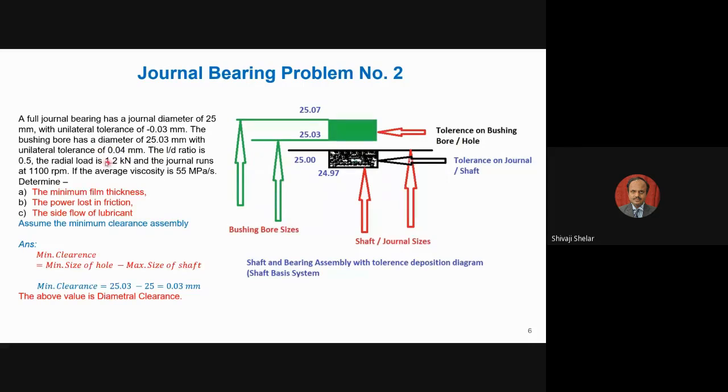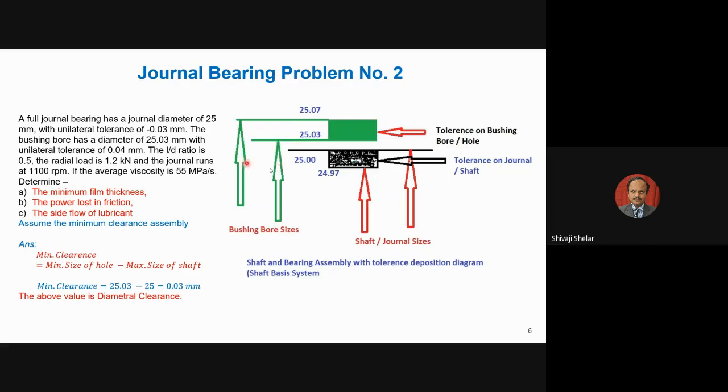Then the tolerance on that. It is unilateral, meaning it is in one particular direction. So the tolerance here is 0.04. So it is a plus here. If it is mentioned minus, then it has to come down here. Since it is mentioned plus, you have to go up 0.04. So your base size for the hole was 25.03. On that, the tolerance value of 0.04 is plus, so it is added. So the maximum size of the hole permitted is 25.07.